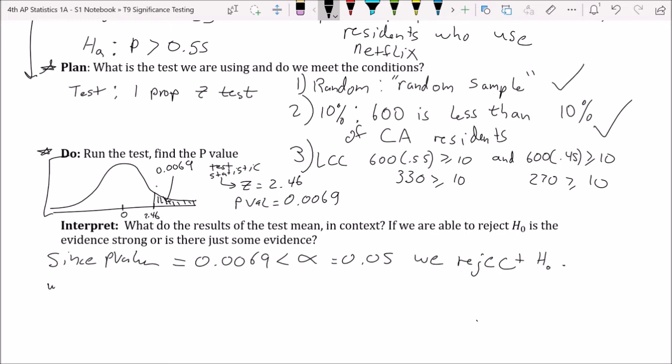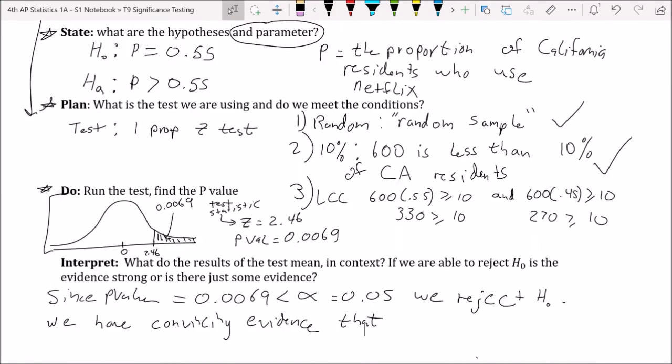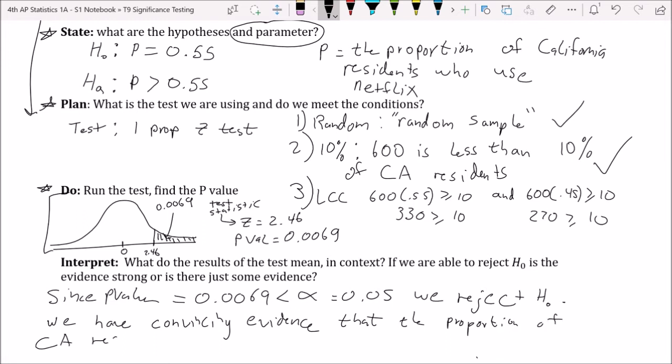Okay, so we're going to say we have convincing evidence that, and then if you ever get confused on this, go back up to the state part and look at what you wrote for the parameter. We have convincing evidence that the p, the proportion of California residents who use Netflix, okay, that the proportion of California residents who use Netflix